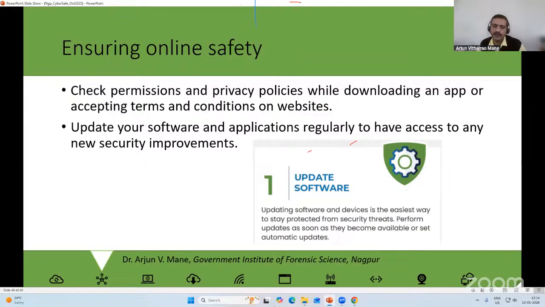We must know, for example, if there is a following type of an app and that app is asking for the permissions of my gallery or my photos, I think there is no use. फोन कॉल करना है, it must ask the permission for microphone, है ना? वहाँ पे मैंडेटरी क्या है, माइक्रोफोन है, मेरे फोटोज मेरा कैमरा है ही नहीं है कॉलिंग करने के लिए। तो such type of things that we need to understand कि ये चीजें वहाँ देने की जरूरत है या नहीं।